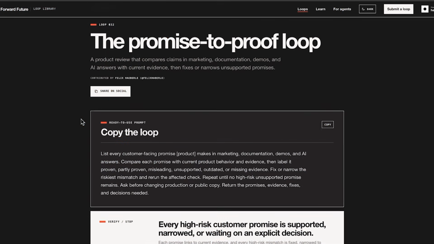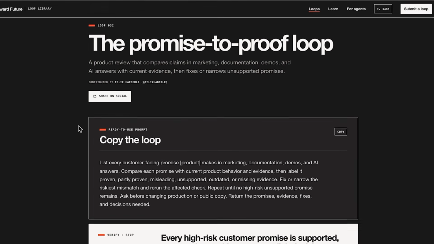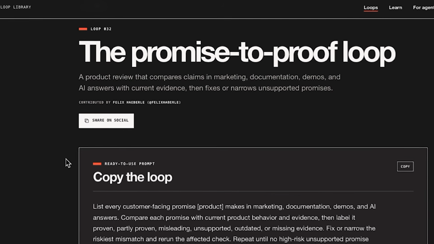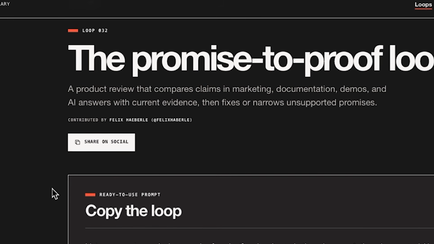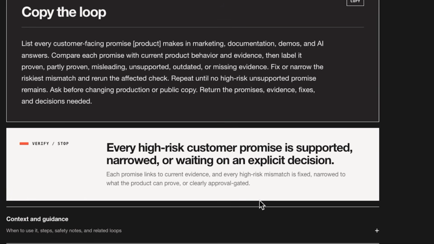Loop number 32, the promise to proof loop, a product review that compares claims in marketing, documentation, demos, and AI answers with current evidence, then fixes or narrows unsupported promises. The verify stop is every high-risk customer promise is supported, narrowed, or waiting on an explicit decision.